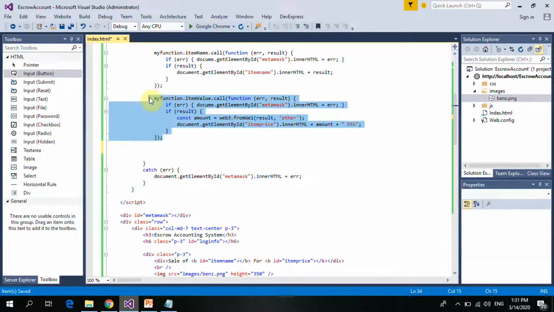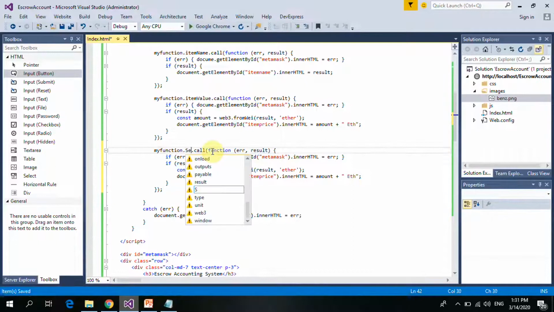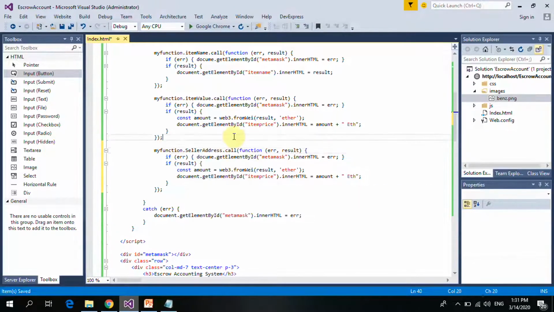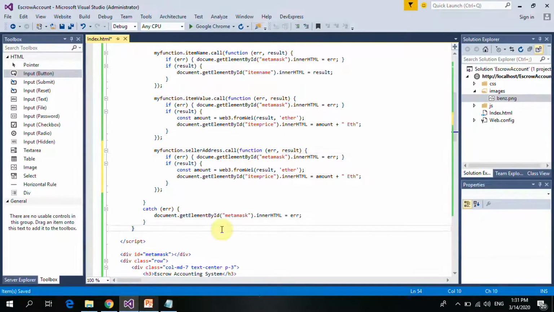So I'm going to call the seller address first. I'm going to call the function for the seller address. So let's call the seller address. I think it's a small s. So we copy this whole thing and look at, here's the function we're calling. Here's the variable once it gets the seller address. So we will get the seller address and then